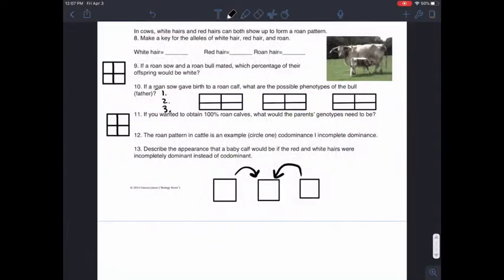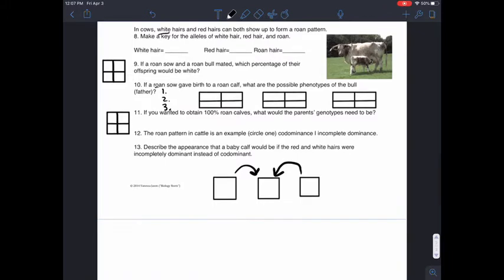So today we'll be solving a codominance problem. So we have cows' white hairs and red hairs, as well as roan patterns. So we're going to make a key of the alleles. So I'm going to put the red hair as the homozygous dominant, capital R, the white hair as the homozygous recessive, lowercase r, and the roan hair as the heterozygote,